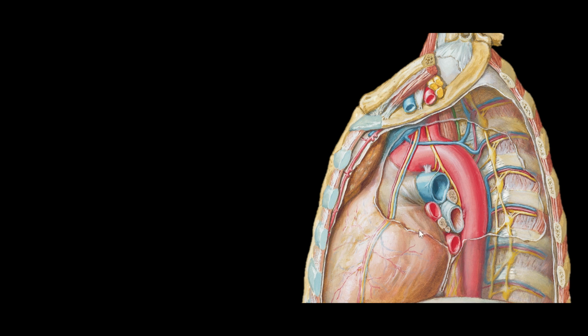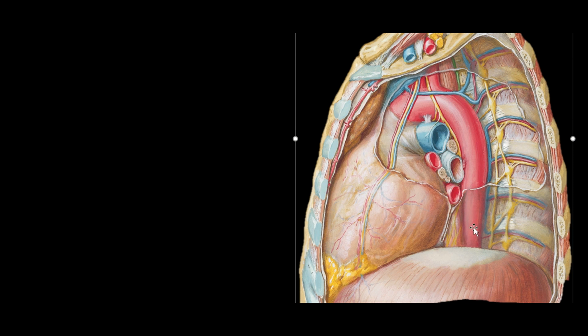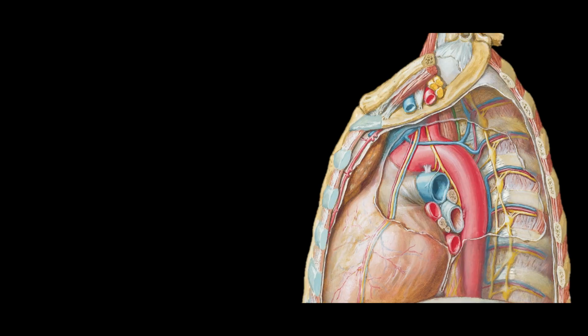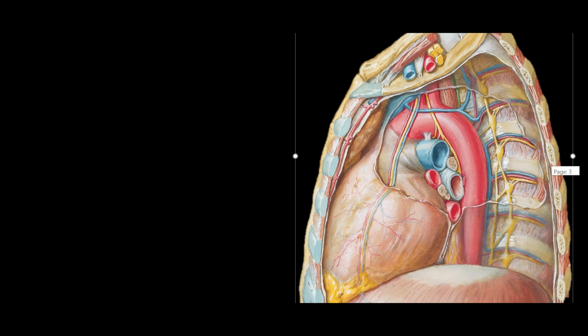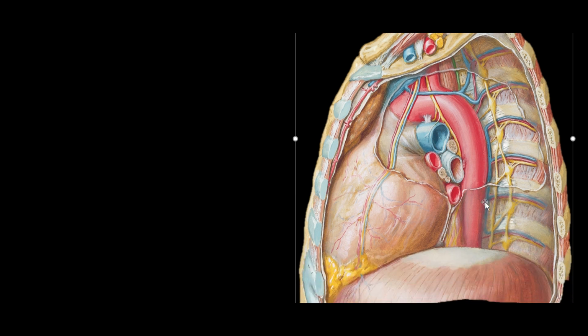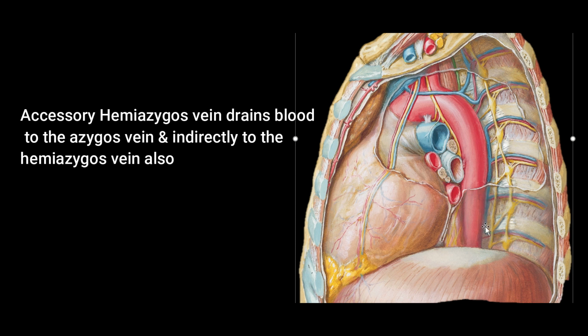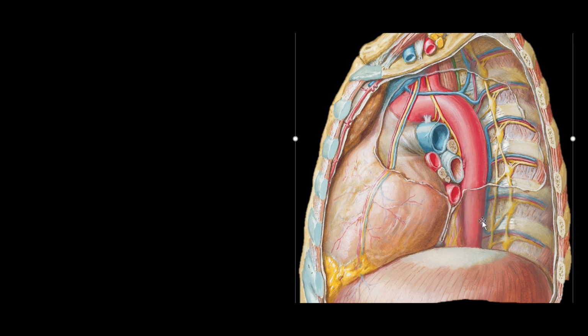When we remove the mediastinal pleura of both sides and look at each side separately, we will see that on the left side, when the mediastinal pleura and lungs are removed, the hemiazygous vein also lies on its left. This picture does not show the hemiazygous vein. The vein shown here is the accessory hemiazygous vein, which is a part of the hemiazygous vein. So on the left side of the descending aorta lie the left mediastinal pleura, left lung, and hemiazygous vein.